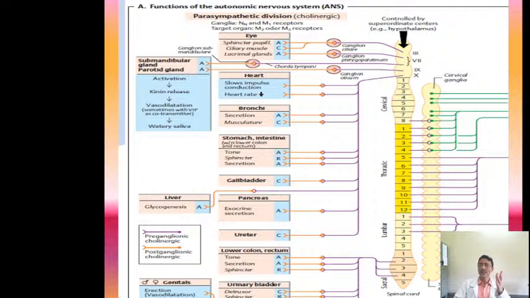Exactly opposite will be the sympathetic activity. So what happens in sympathetic activity? Whenever there is a sympathetic stimulation, the secretions will be reduced. There will be decreased contraction and the sphincters will be contracted. That is why when there is a strong sympathetic stimulation, or when you are very angry or tensed up, you will feel that there is dryness of the mouth. Why is there a dryness of the mouth? Because the salivary secretions are reduced.